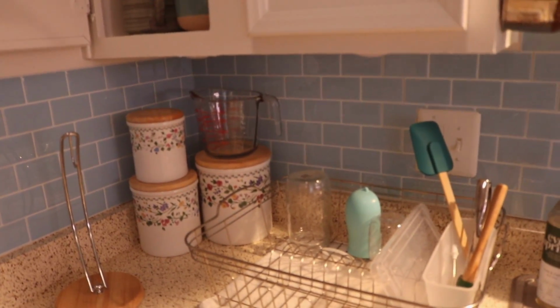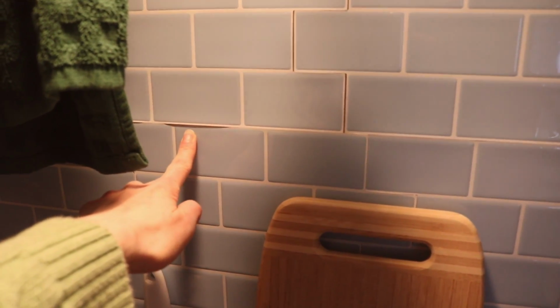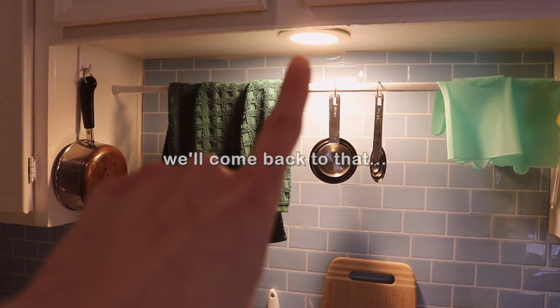You can't see the mistakes as well. It looks a lot better than when you see it right here. The light illuminates the parts that are sticking out like that, because of the shadows. So you can just see the mistakes more. So yeah, I hate this bulb. I wish I could dim it, but